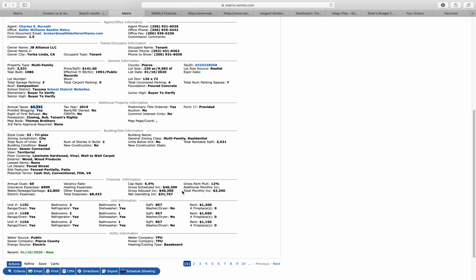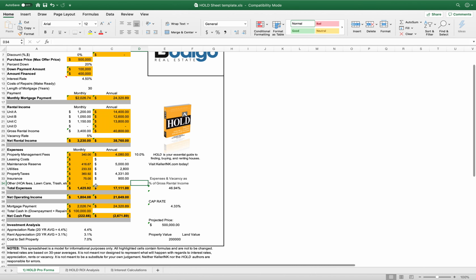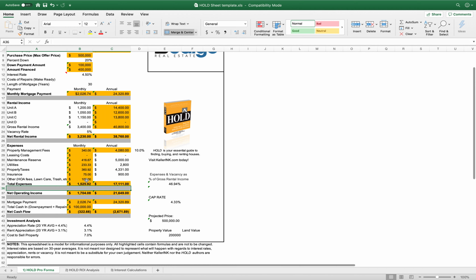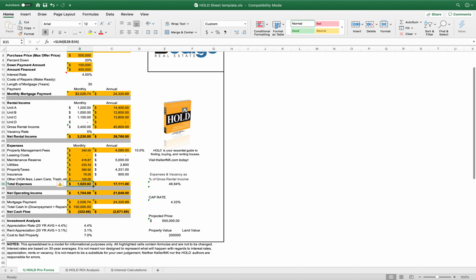Let's see if there are any other expenses that we can put on there. There are usually some kind of miscellaneous expenses. You've got to get the grass cut, et cetera. So we're going to put, let's just say, $100 for any kind of miscellaneous expenses. So now your total expenses are $1,525.92, and hence your net rental income minus your expenses ends up becoming your net operating income of